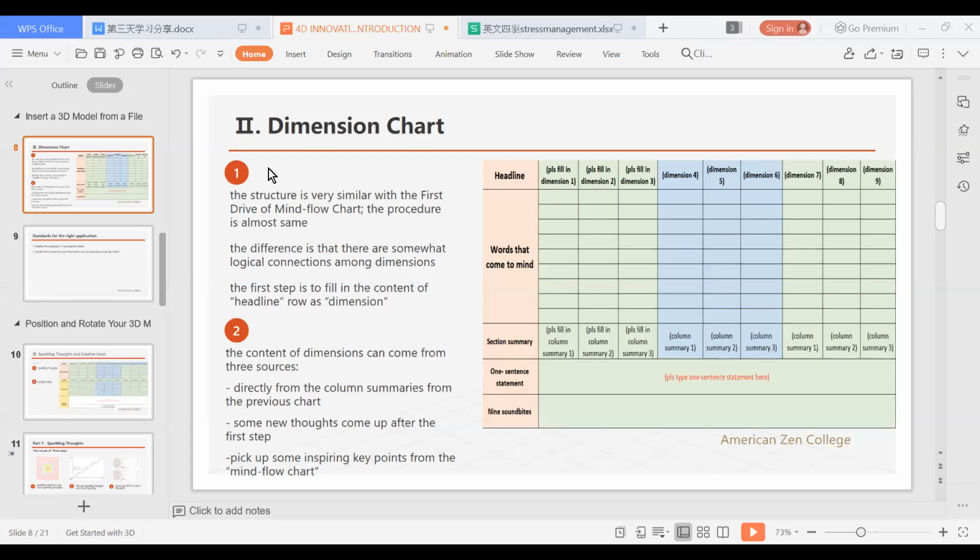Now we come to the second step. It's about the dimension chart. As we see, this chart is quite similar to the previous one. Actually, the step is very similar as well. The only difference here is the headline. In this chart, there will be dimensions here, and the only difference from the previous chart is that here we